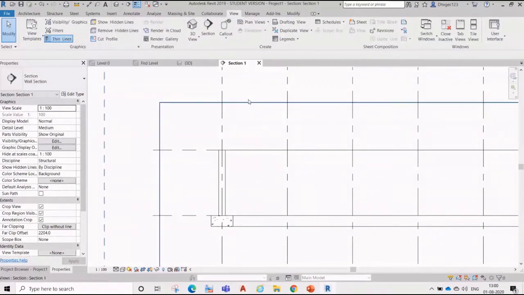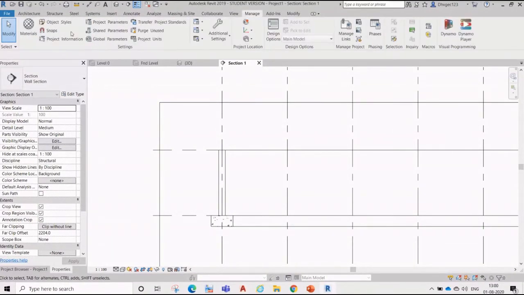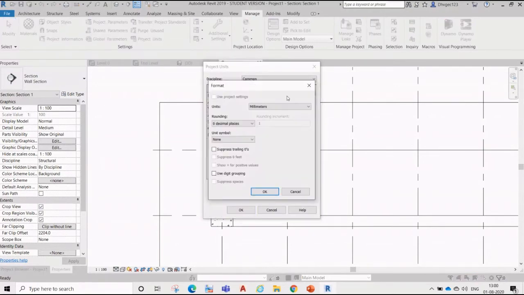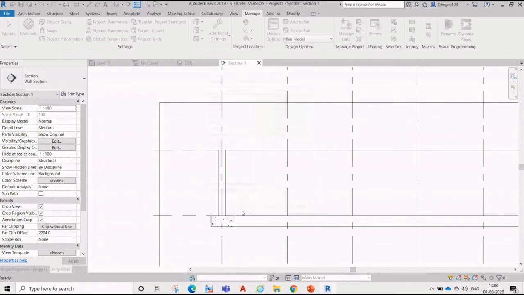Like right now, go to Manage, and then go to Project Units. Right now you can see length in mm. Just go here and change it to meter.